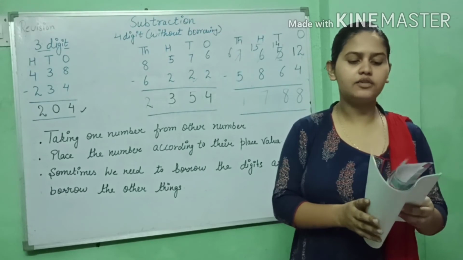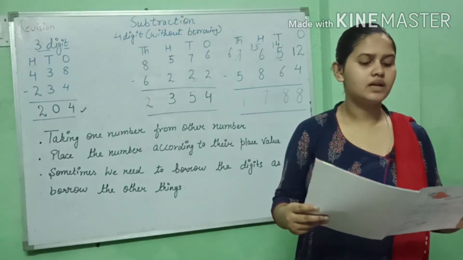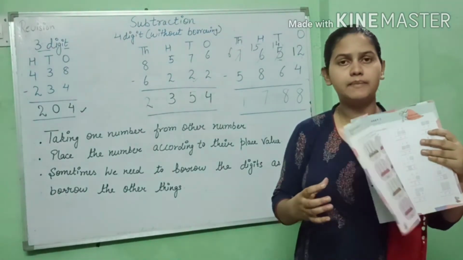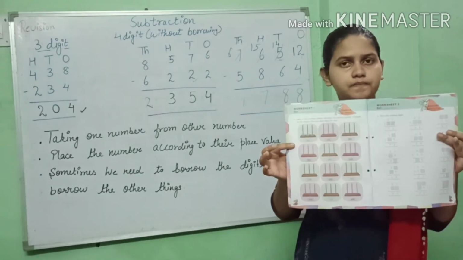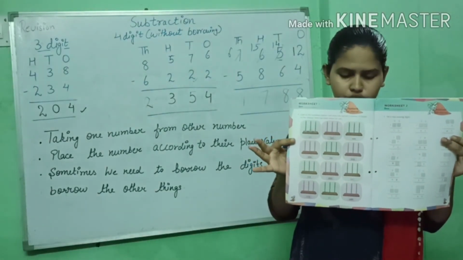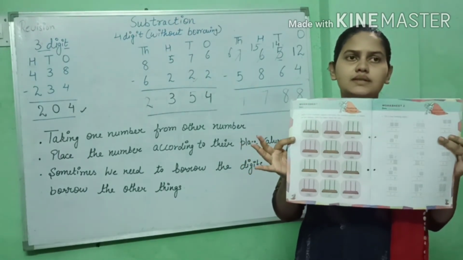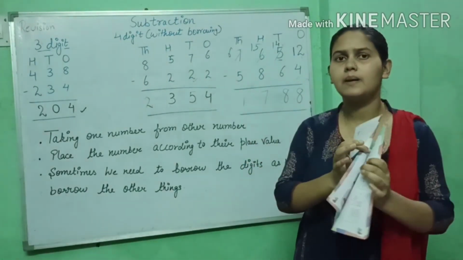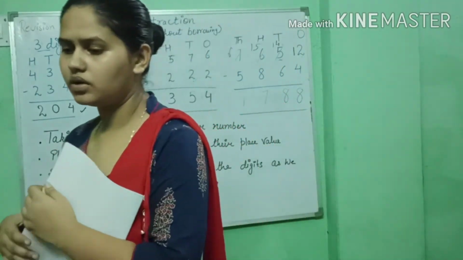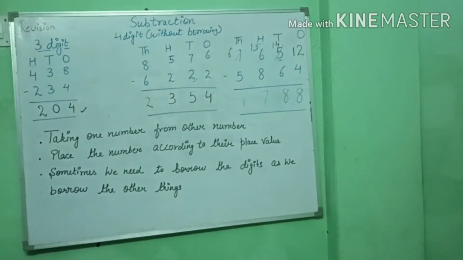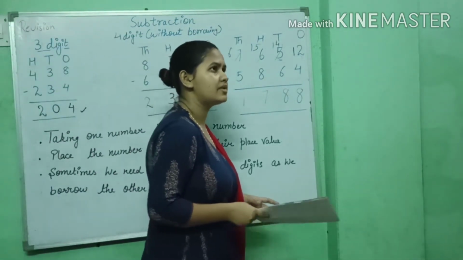Firstly, we will open the first chapter, where we have to do numbers on the abacus. Simply, the pictures are given to you and you have to solve these sums. Firstly, please look at the board. You have all these sums and all the points in front of you. In this way we are learning minus, which means subtract.